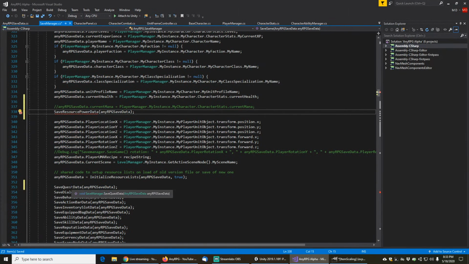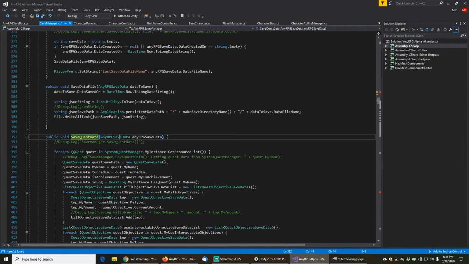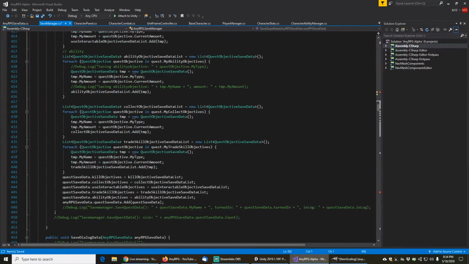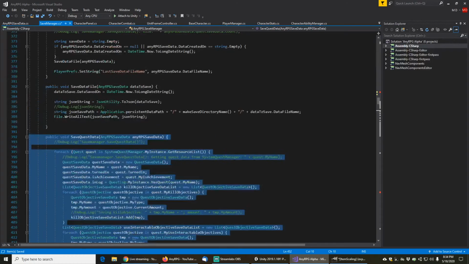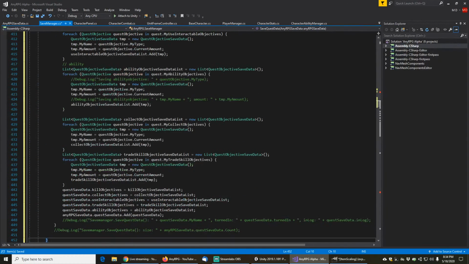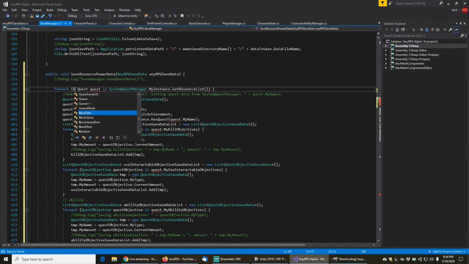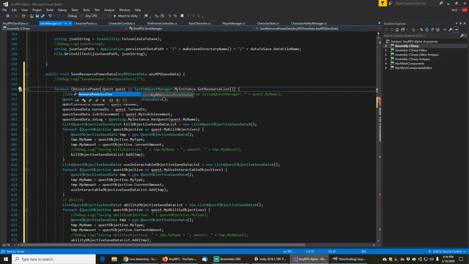And so we'll go to where we save the quest data, go to the definition, and that's a little more complicated than we need, but we can strip out all the code. So we need save resource power data. And for each, let's see what we want here. We want the dictionary keys, right? Yeah. For each resource power,